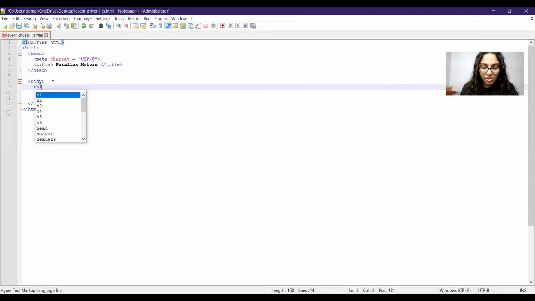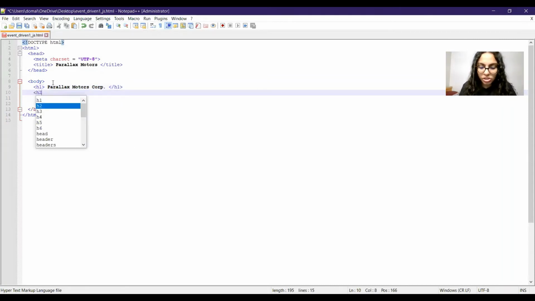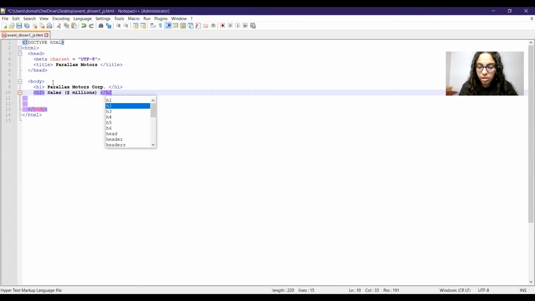First, let's have the h1 tag which says Parallax Motors Corp, and then end this tag. Then we can have another tag, an h2 tag, which says sales in millions, and then close the h2 tag.